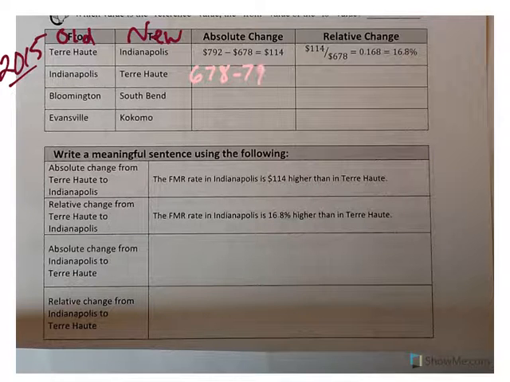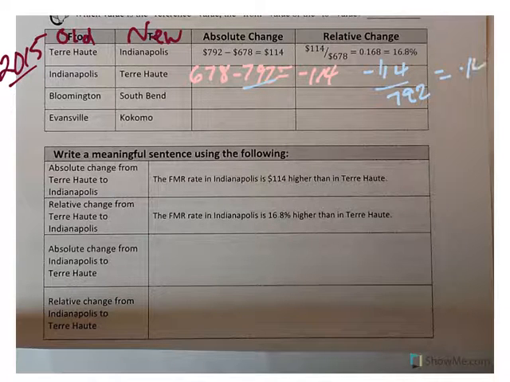minus Indianapolis to get a value of negative 114. And then when I go to find the relative change, I would take that negative 114 and I would divide it by the reference value, which is 792, to get a change of negative 14.4%. So if you're talking about in 2015, from Indianapolis to Terre Haute, the fair market rental rates decreased by $114. They decreased 14.4% because we went from